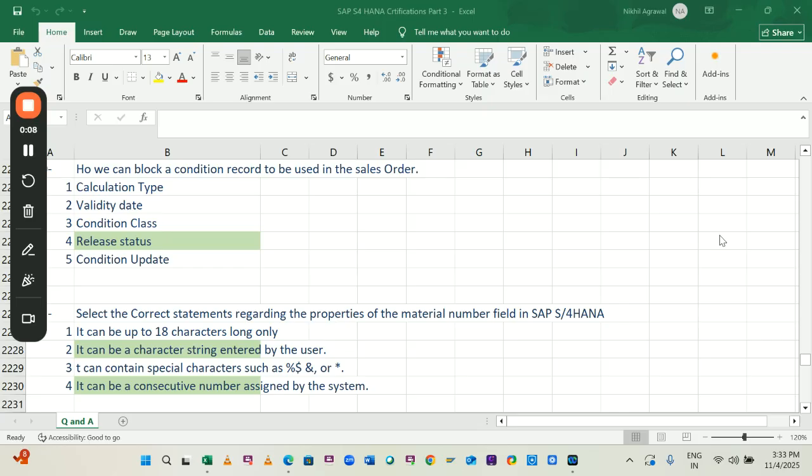Today we will start our discussion again on the next set of the questionnaires for SAP S/4HANA Sales Certification for